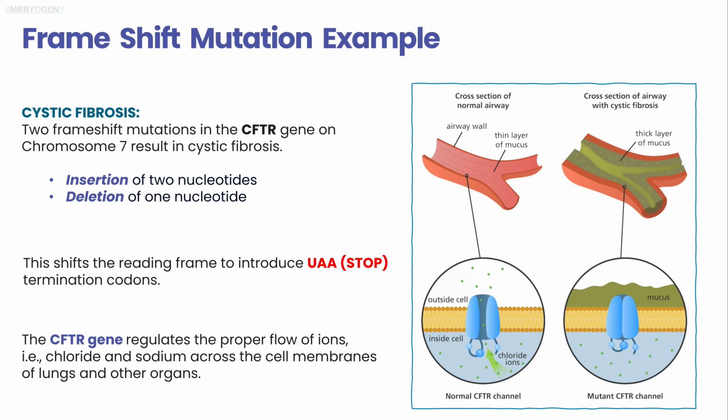Another example of frame shift mutation is cystic fibrosis. This is actually a result of 2 frame shift mutations in the CFTR gene on chromosome 7. This results in a shift in the reading frame to introduce a UAA, which is a stop codon or termination codon. This results in a severely truncated and non-functional protein. The CFTR gene regulates the proper flow of ions, that is chloride and sodium, across the cell membrane of lungs and